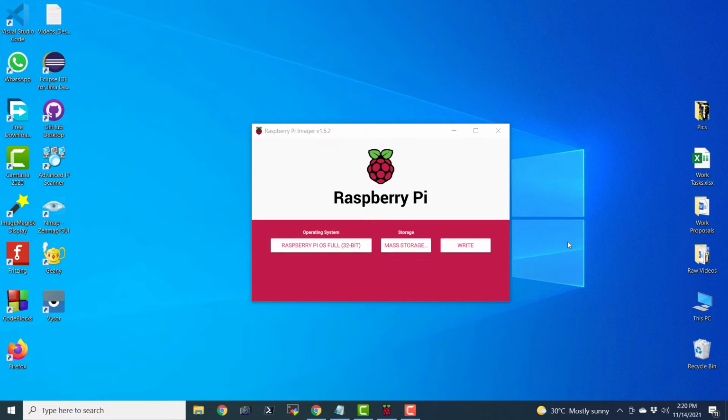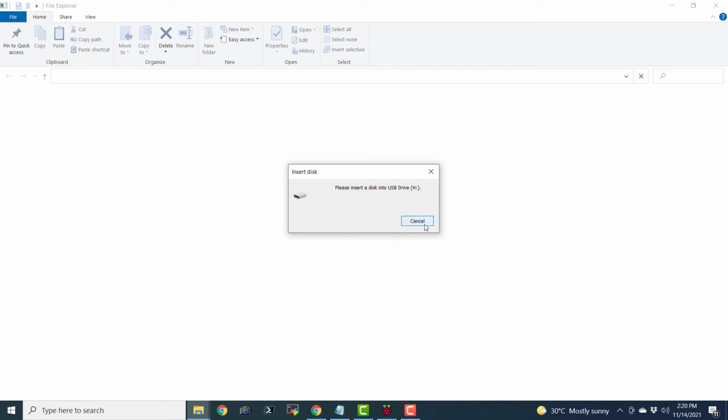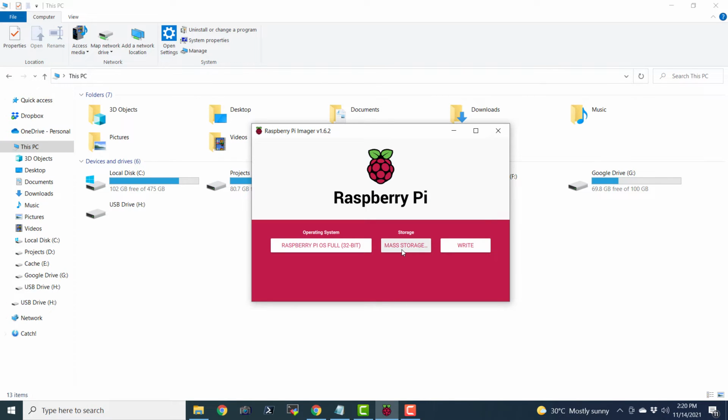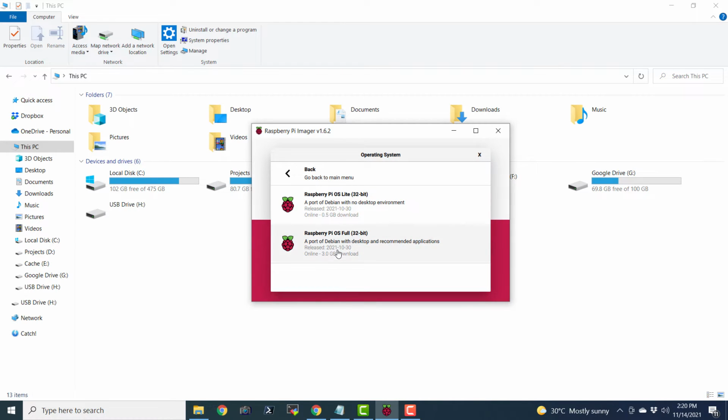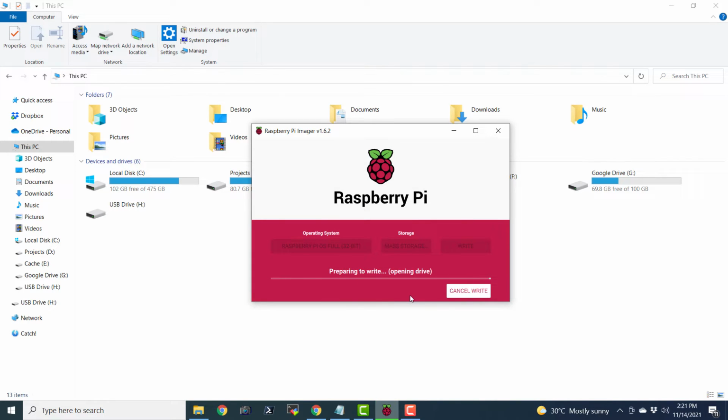So now let us go to the file system and let us wait for some time. So here we are able to see an empty H drive, and it is not readable because we haven't created any new volume in that. Now this is a very raw disk, and let us choose the mass storage again. So here we have chosen the mass storage again, and let us choose the Raspberry Pi OS full. Now if we click the write button, it should be able to write data on this completely raw disk. It shouldn't actually create any more troubles for us. So let us wait and watch, and let us see what happens.